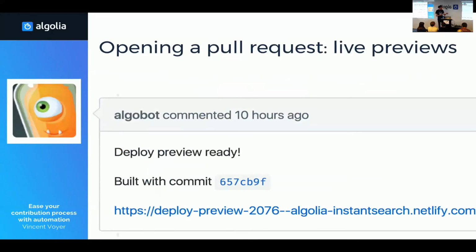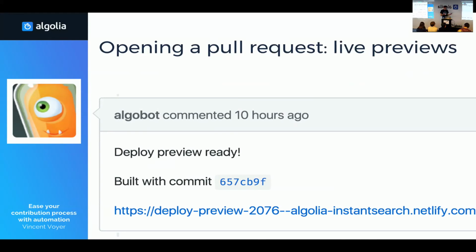So this is a comment on a GitHub pull request. There is a bot that will say, okay, the deploy preview is ready, and it will be updated the more commits you add. It has always the same URL, which is linked to the pull request number. And when you click on it, you actually see the whole website, like it is in production. And you can ensure that everything is really working. So for us, it provides a safe and confident way of checking before merging.